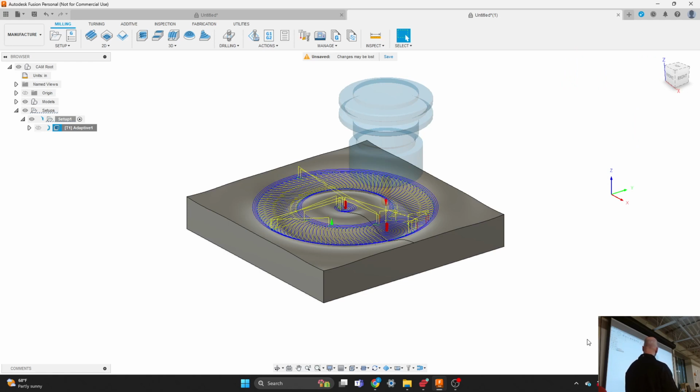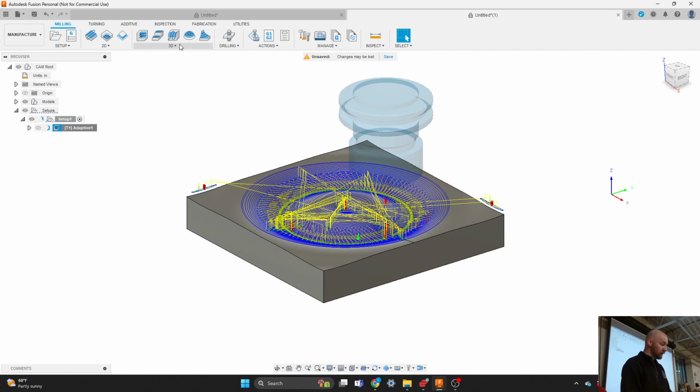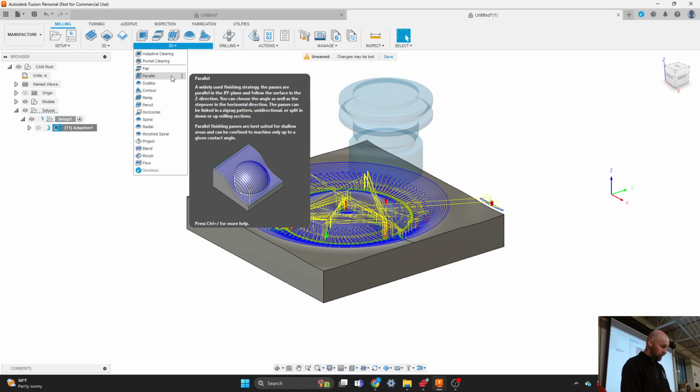And there we go. And make us a nice complicated 3D tool path. Now, while that's doing its thing, we can pick out our finishing tool path. And our finishing tool path is just going to be a parallel pass. So parallel is a good operation if you've got a curved surface and you want to do a nice finishing pass on it. So if we come over here to 3D and then parallel,